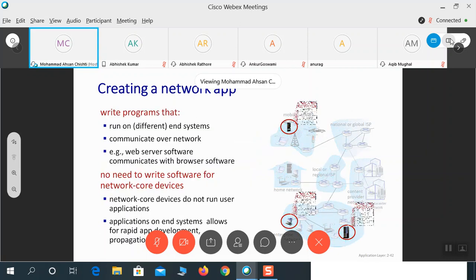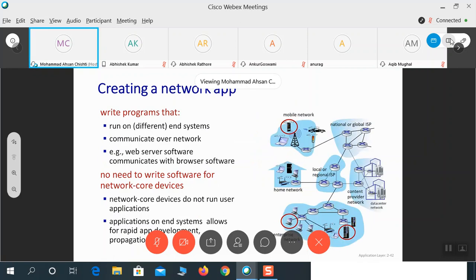Here we can see what I was explaining. We have programs running on end systems. For example, in this case, we have a mobile here, and it connects to the server here.